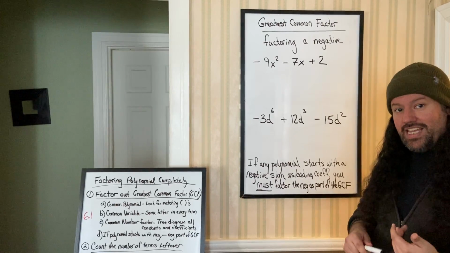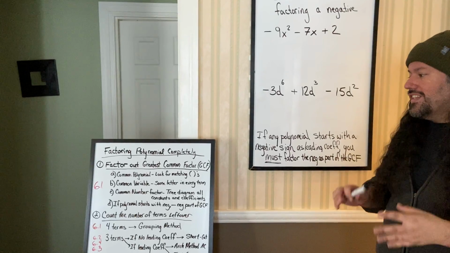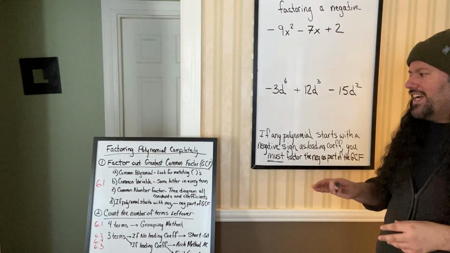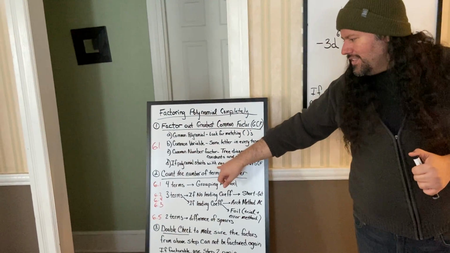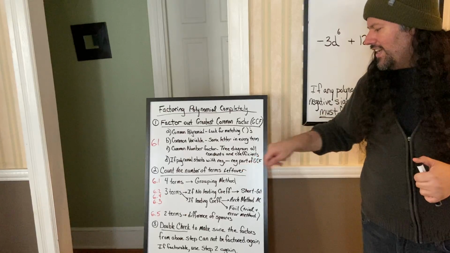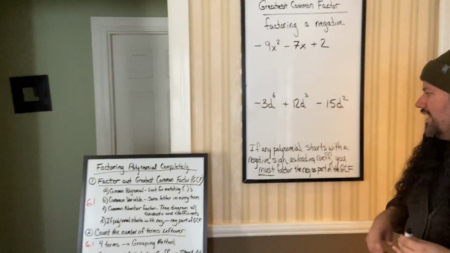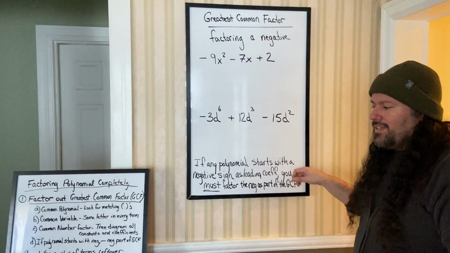Okay, so we got through the A, the B, and the C. Finally, we have to get through the last part D of factoring out a greatest common factor, the GCF. So you can see D says if a polynomial starts as a negative, you must take the negative as part of the GCF. And the reason why that's very important to take out the negative is because when we're going